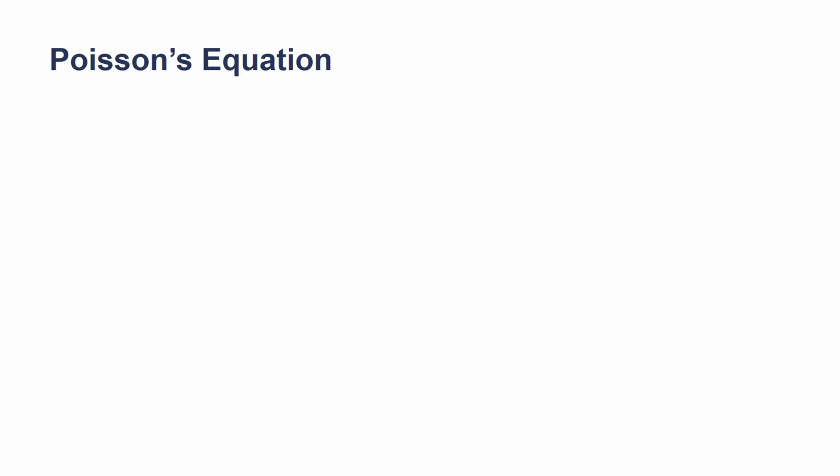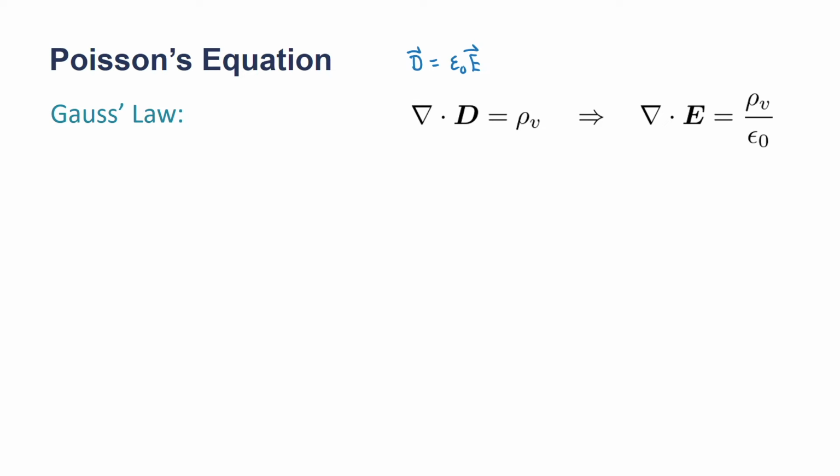So we begin this discussion with Poisson's equation. And to arrive at this equation, we consider Gauss's law. So Gauss's law says that the divergence of the electric flux density field D is equal to the volumetric charge density rho sub V. Now we know that there's a constitutive relation between the electric flux density field D and electric field E through this relation, assuming that we are in free space. So if we substitute this into Gauss's law and rearrange things a little bit, we arrive at this divergence relation